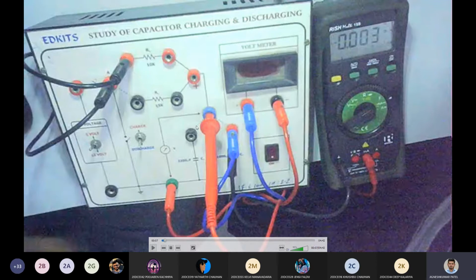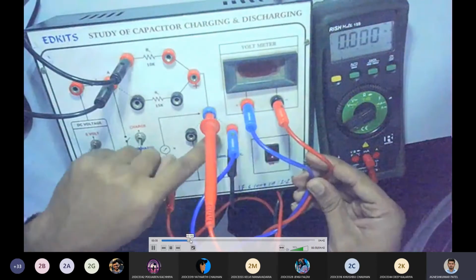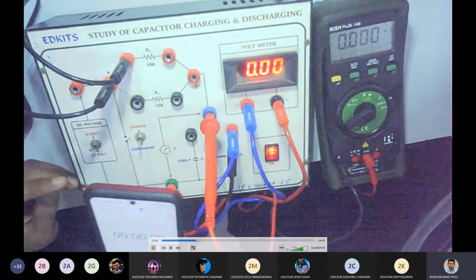I'm skipping the connection explanation one more time. Now we have started the kit. Still, I have not started the charging. Still, it is in discharging. So I'm making sure the capacitor is fully discharged before starting. Now you can see our watch over here. That's the stopwatch. Basically the three readings should be taken like this: time first. So once after each 5 seconds, I'm going to take these two readings. So you have to keep a timer with you.